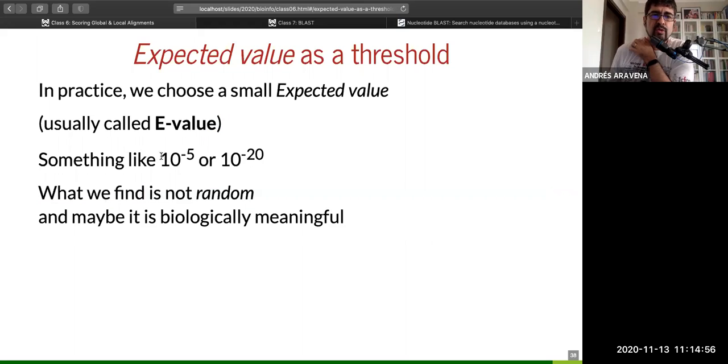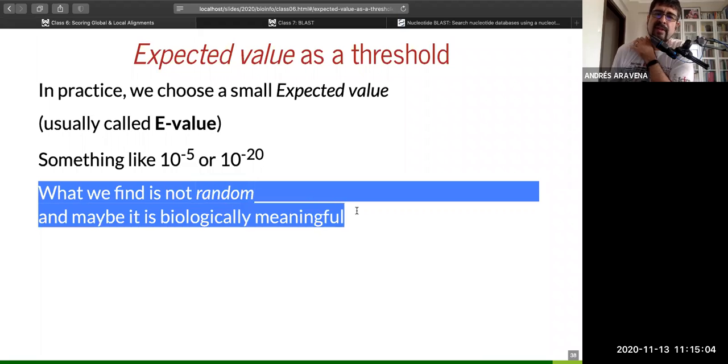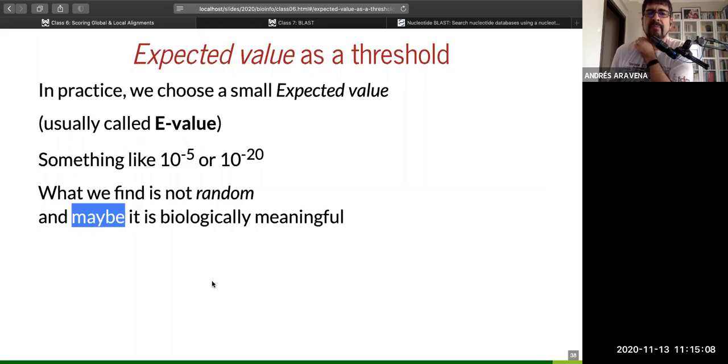So if you use something like this, the chances that what you found is random are very small. So we say that we find something that is not random, and maybe, just maybe, it is also biologically meaningful. The big question that we have in science is,